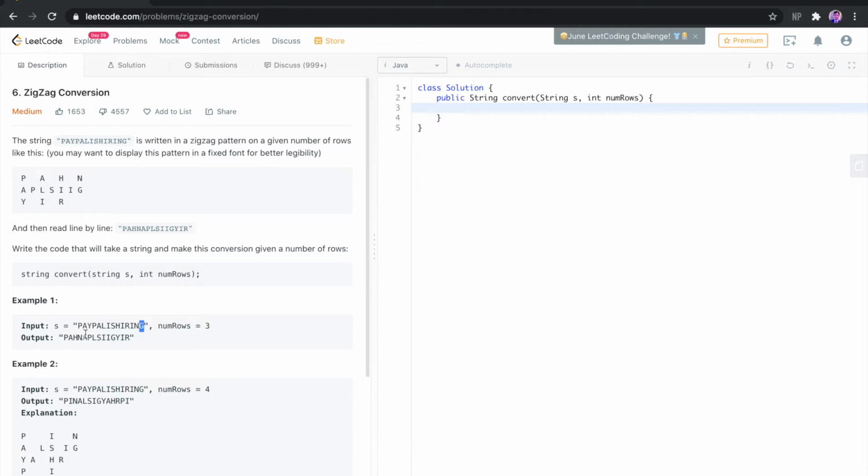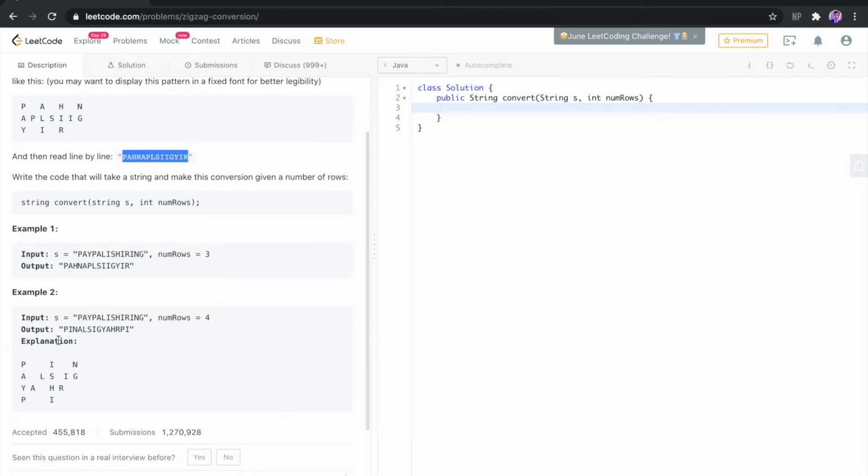So in the end what we need to do is put together the characters that are appearing in a single row. So for example, in example number 1, the string that we would give as output would be PAHNAPLSIIGYIR, right? So we need to traverse through the rows one by one and append each row's characters at the end of the previous row's characters, right?